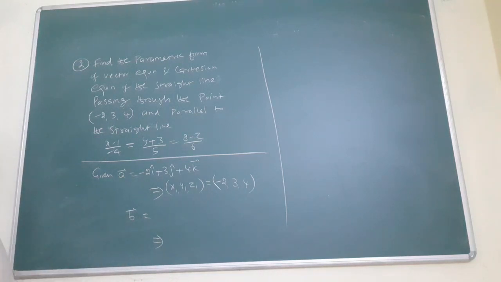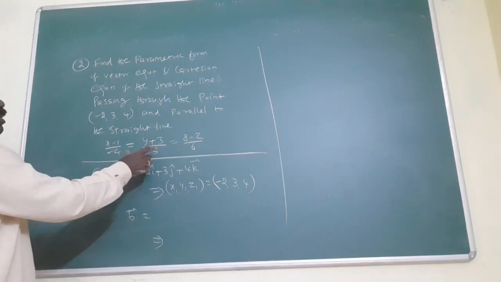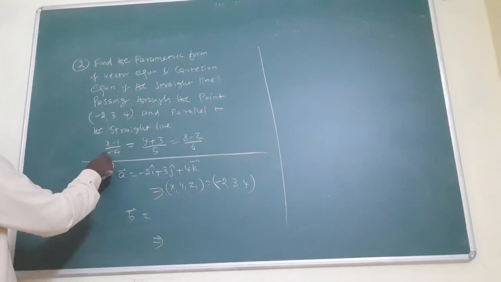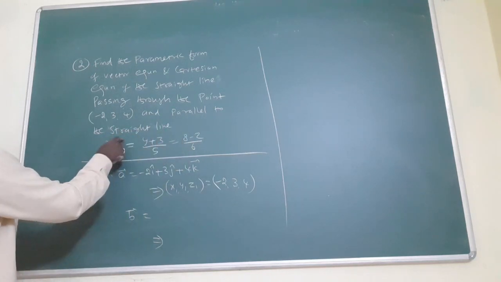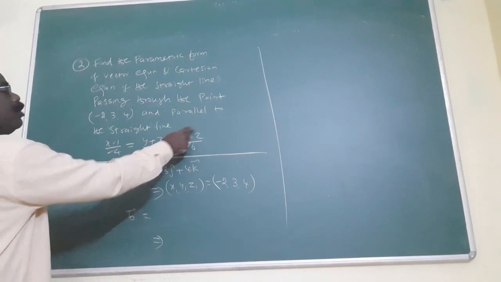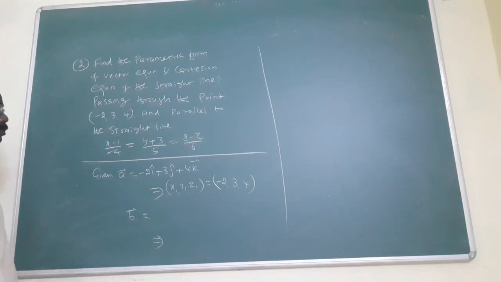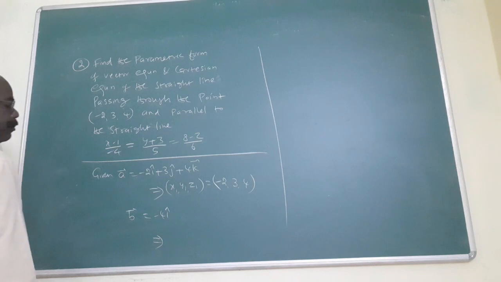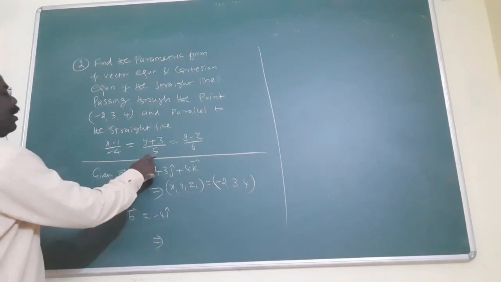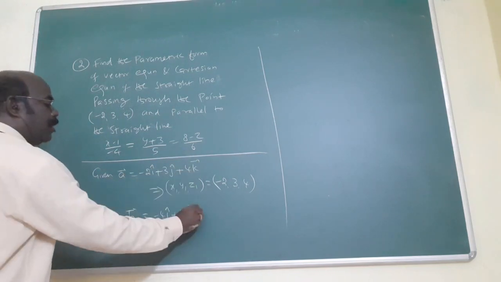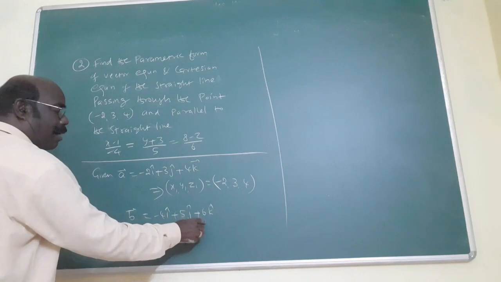Earlier, the vector format was given and you had to find the direction. But here, the Cartesian format is given. That means the denominators take the form x minus x1 by v1, y minus y1 by v2, z minus z1 by v3. So you want to assume the first one is what? Minus 4i cap. Am I correct? Minus 4i cap. And the next is plus 5j cap. Next, suppose plus 6k cap. That means wrong.